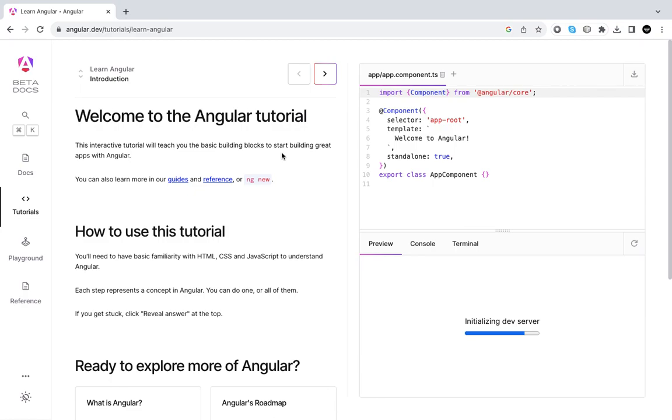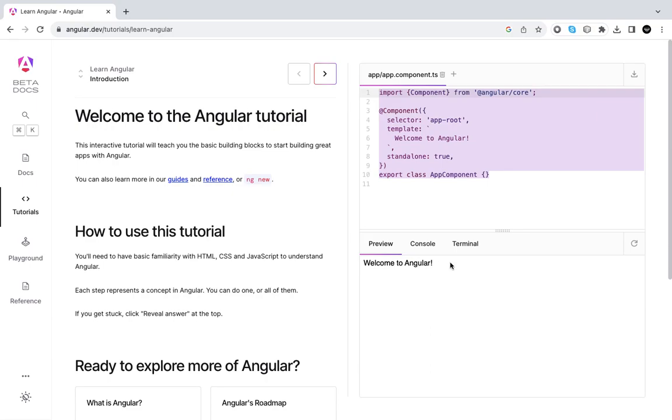And also have all of these data lists, data tables, filter, search, live reload, and all of those. We would want to achieve them with this tutorial right here. And you can see they get straight to the point. They have the code base right here, which is the app.component.ts, which is very handy when you are creating your new application. It basically gives you the first component, which is app.component.ts, and then you'll have a preview here which